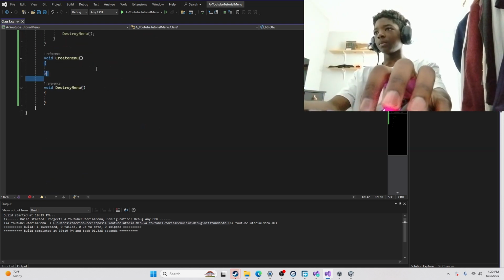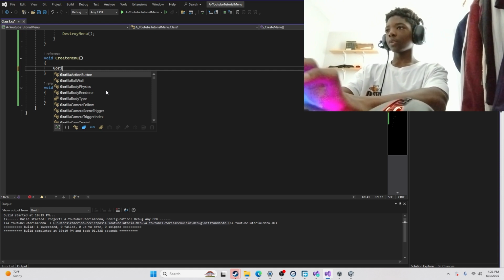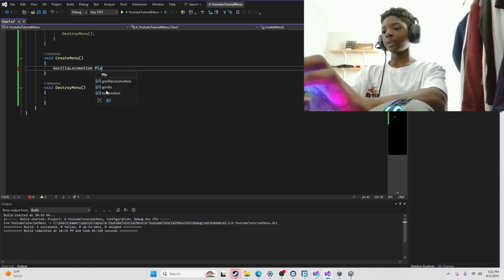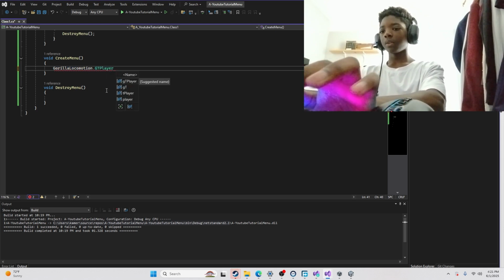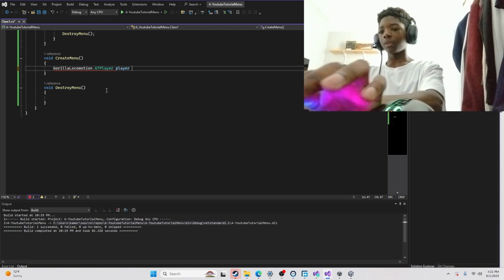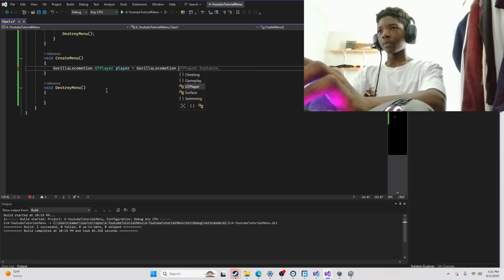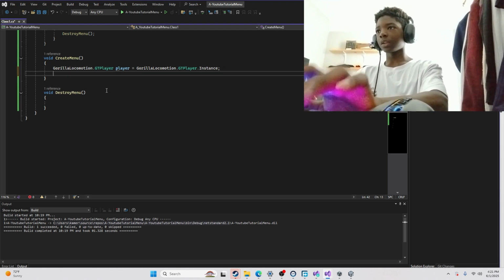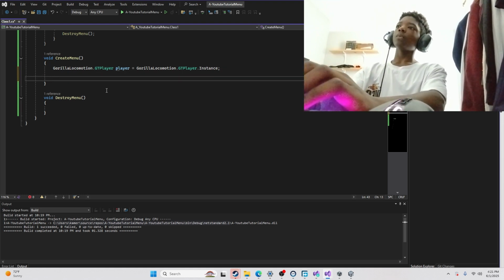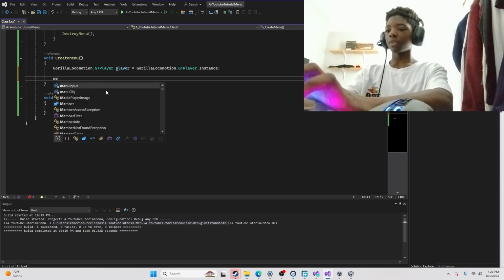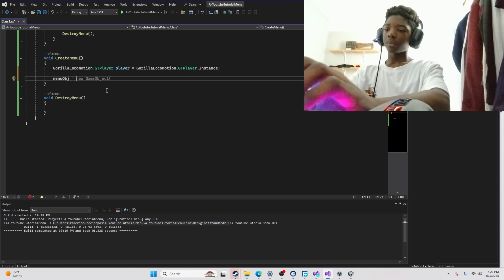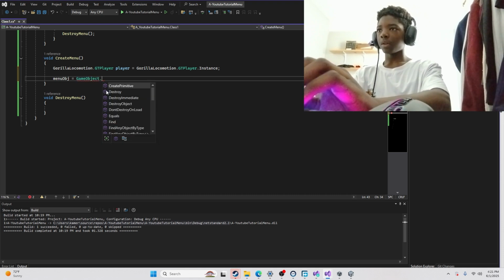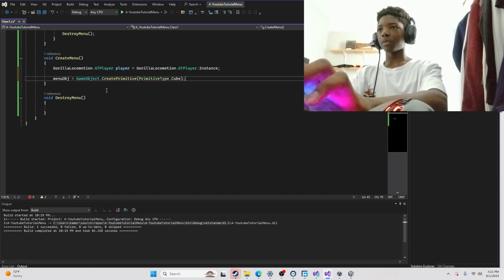Then we're going to go over here. What we're going to do first is make a player variable. We're going to do .player.gd player, and then we're just going to name it player, and then we're going to make it equal gorilla local motion dot dg player dot instance, just like that. And then what we're going to do next is make the menu obj, this right here, equal game object dot create primitive, and then just type